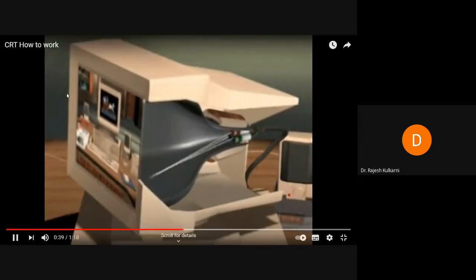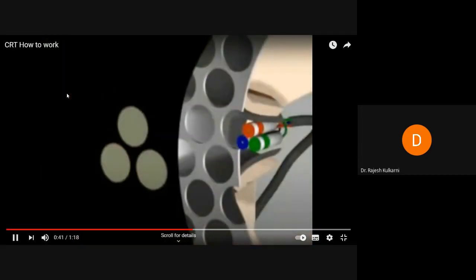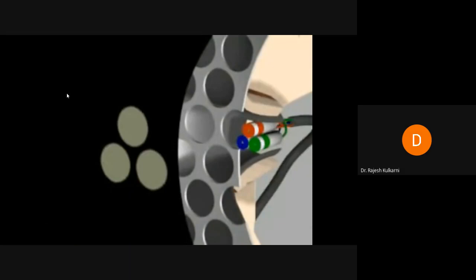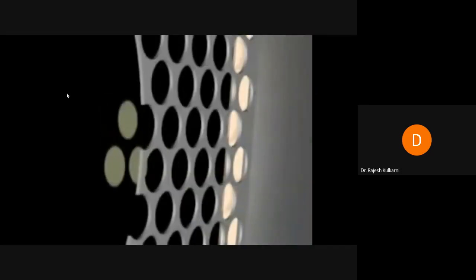What happens once the beams have swept your monitor? Special chemical phosphors are painted on the inside of the monitor. Energy from the electron beams makes the individual phosphors glow either red, blue, or green, depending on the type of phosphor. The stronger the electron beam, the brighter the phosphor glow. A sheet of metal with holes in it helps keep the electron beams aligned exactly with the phosphors. This is called a shadow mask.